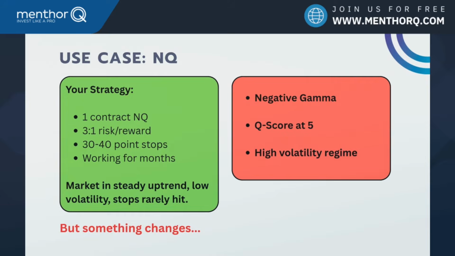In a negative gamma regime, on the other hand, the hedging flow flips. So market makers actually hedge in the same direction as the market moves. So they sell when the market goes down and they buy when the market goes up. And this tends to amplify volatility. So that means that instead of really a calm market with smooth swing, you can actually start seeing really fast move both to the upside and to the downside.